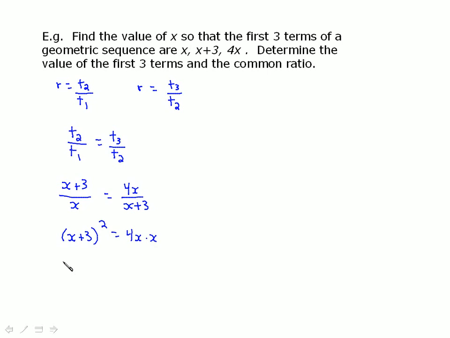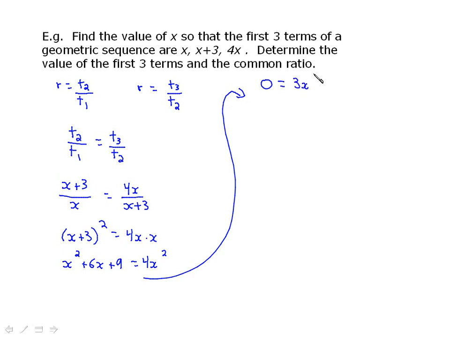Carefully FOIL out the left side, which will give you x squared plus 6x plus 9 is equal to 4x squared. So we have a quadratic in front of us. Bring it all over to one side, and I'll bring it over to the right side, subtract x squared away, and that will give me 3x squared